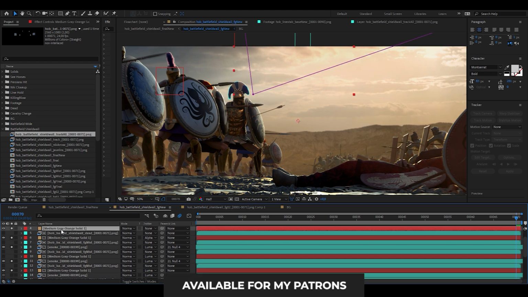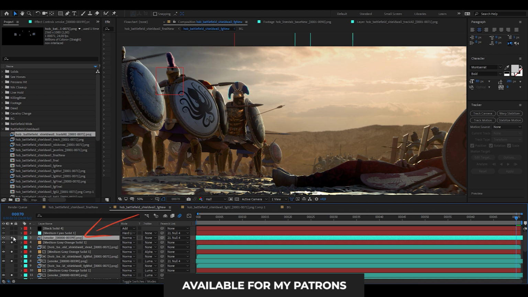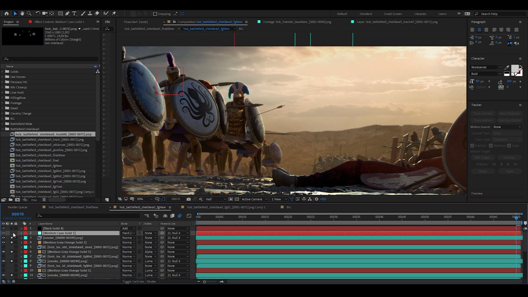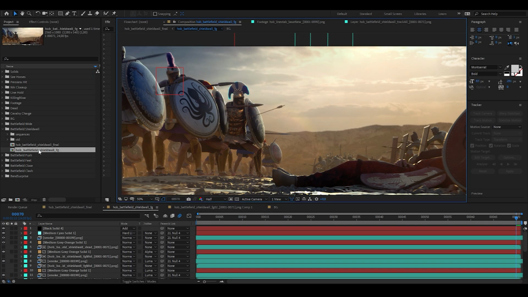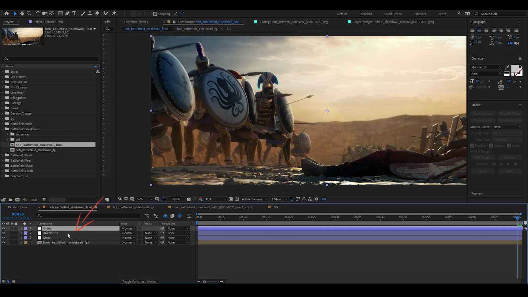I also always employ my favorite dust elements that I placed in between the various layers. Over everything, I usually like to add this sort of colder, bluish layer in the color of the sky, coming from the top like this. Once I'm done with the composition, I then take it and put it onto a new composition, which I name Final. There I place just a few adjustment layers with some final post-production effects.